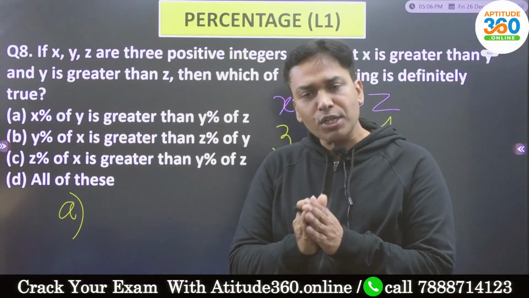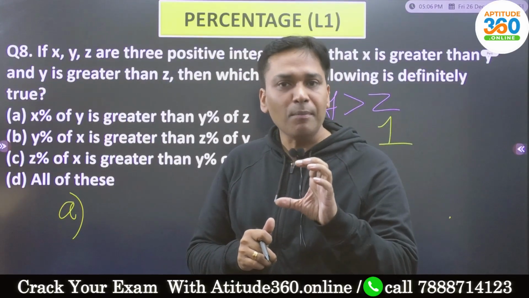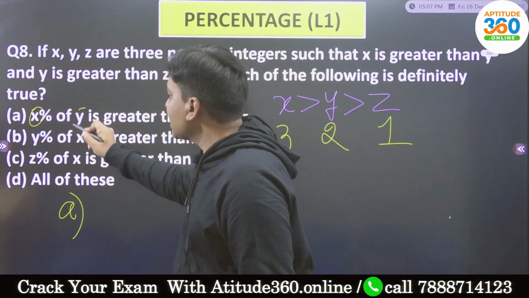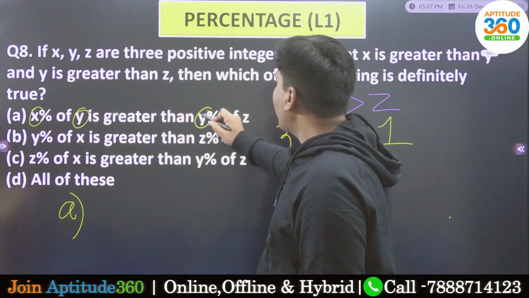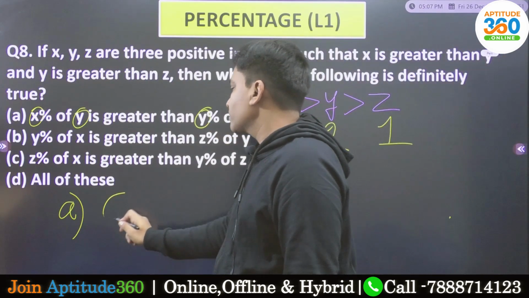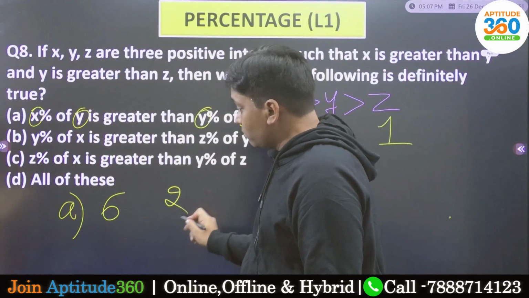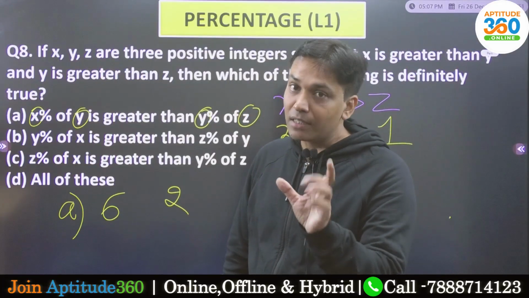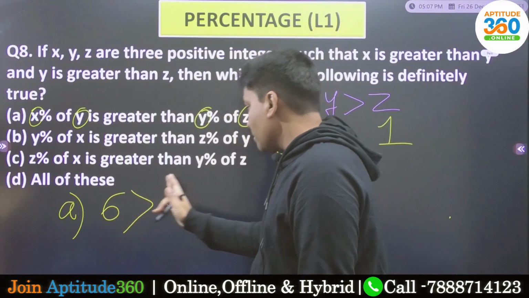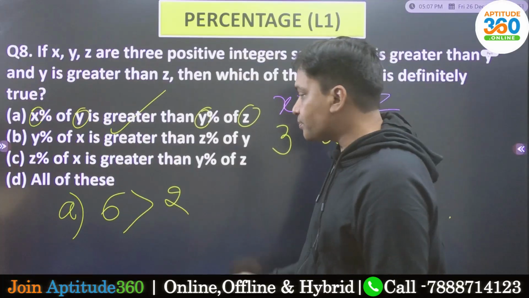हर किसी ऑप्शन में परसेंटेज है और अगर हर किसी ऑप्शन में परसेंटेज है तो इसका मतलब क्या है? मैथमेटिकली इट इज 1/100. तो व्हाट इज दैट वी शुड डू? वी शुड मल्टीप्लाई दीज टू वैल्यूज, x into y and y into z. What is going to be x into y? X into y is 6. What is y into z? It is 2 into 1 which is 2. ध्यान देना दोनों में डिवीजन में 100 तो होगा बट कंपैरिजन में कोई फायदा नहीं होगा. तो 6 इज ग्रेटर देन 2, तो इसका मतलब पहला वाला तो बिल्कुल सही है, राइट?